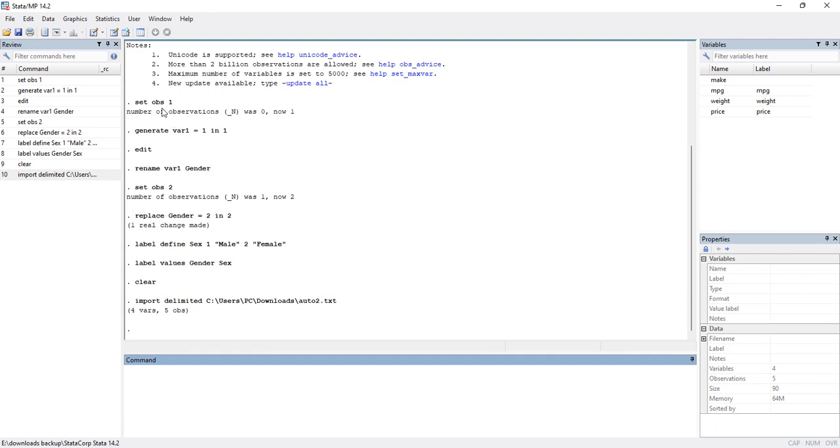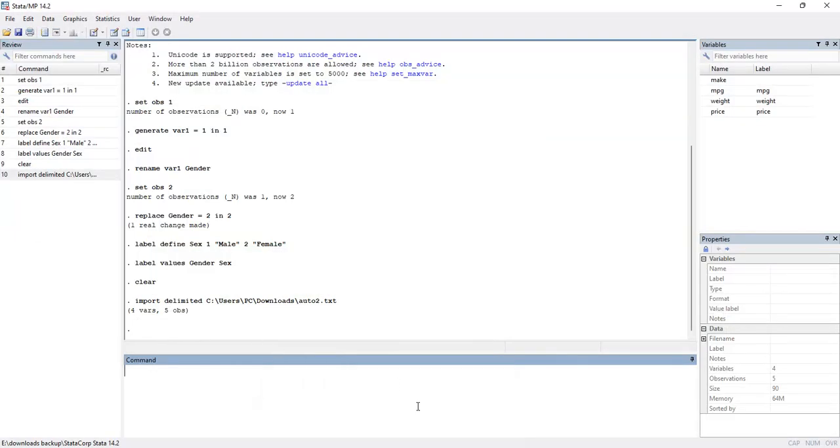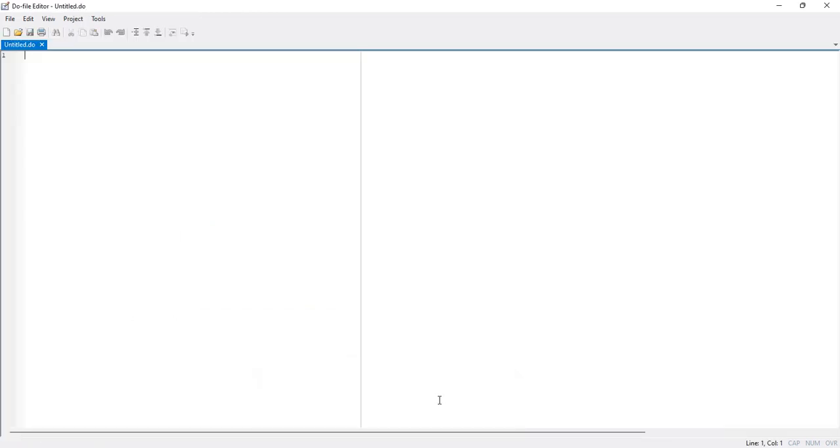Anytime you set an observation, you have to generate it so that it appears in the Stata editor window. So I'm still at that do file editor, and the first command is set